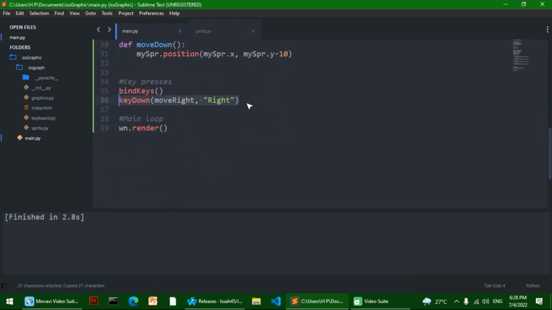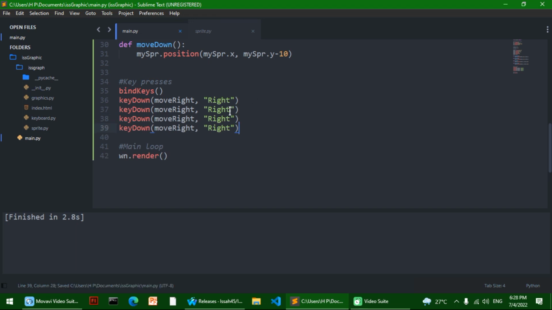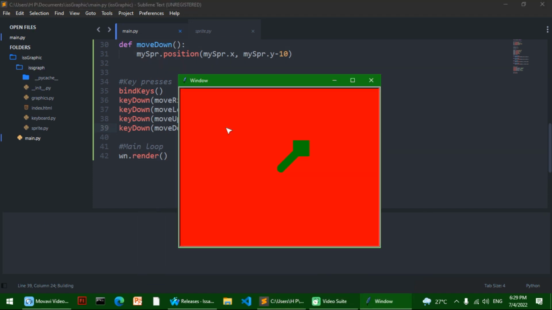I'm now going to copy this key down and paste it 3 times. So I'm going to say move left, move up, and move down. And then I'm going to replace the keys with left, up, and down. If we run it,